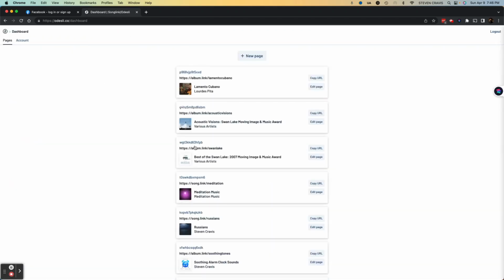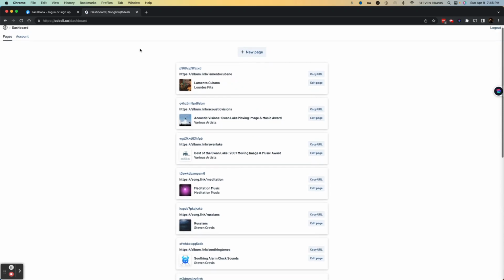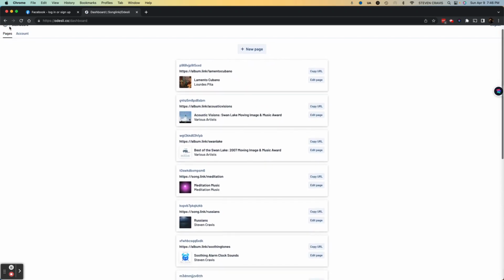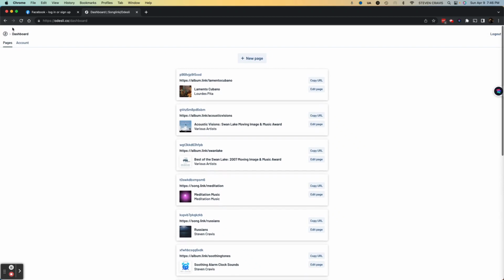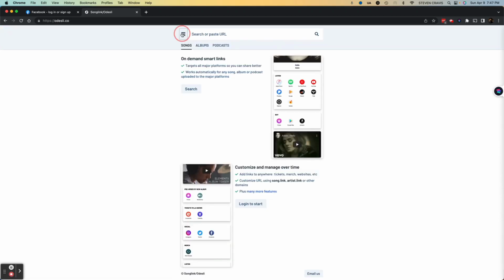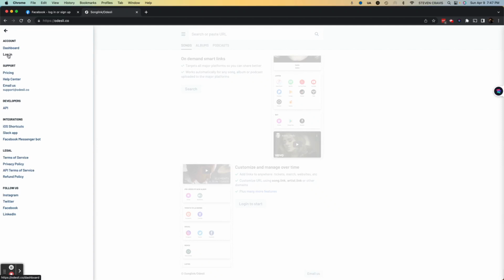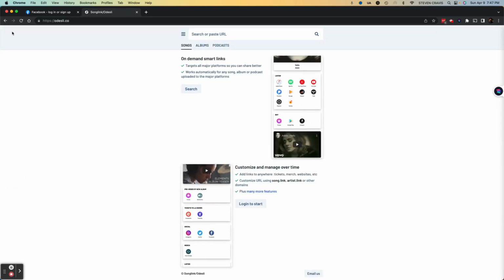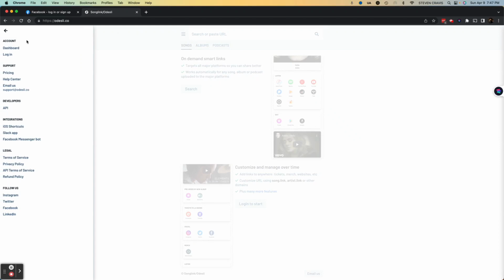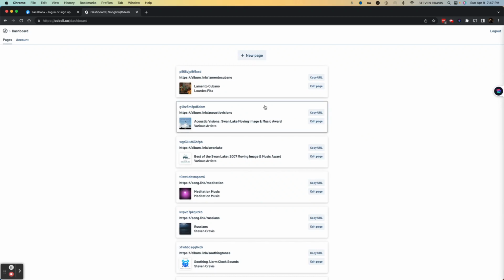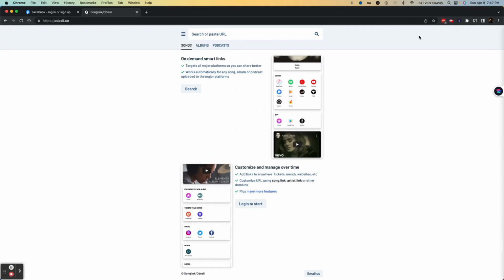So it still recognizes me as logged in, even though when I go back to this, it looks like it's prompting me to log in. I'm actually still logged in as long as under dashboard I still see links that I've created before. So getting back to this page, to create album links,